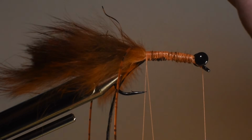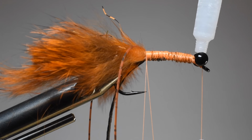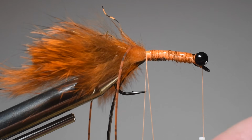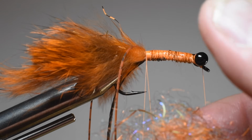So at this point, let's secure this bad boy. We're going to lay down some super glue. This is not the gel, this is just regular super glue. One, to keep those lead eyes where I want them. Two, to solidify all that rabbit fur and everything we've tied in. And also because we're now going to dub this body, and so we're just going to put in some more